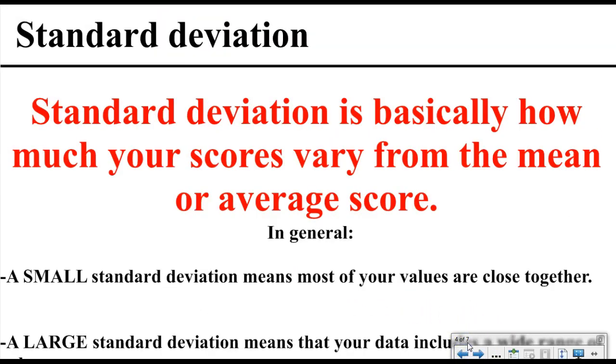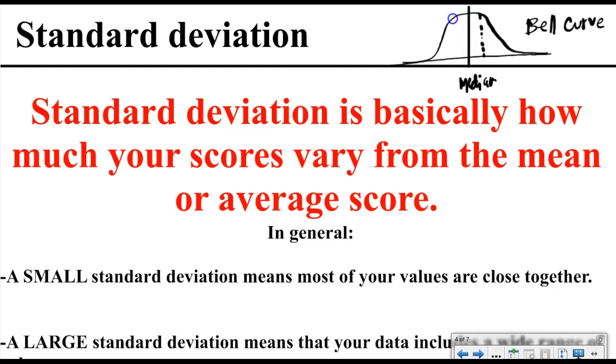So before I go on to the formula, you may have seen before something called a bell curve. Okay, if you haven't seen it before, you might want to look it up. But a standard bell curve has a couple of key pieces of information. This first line right here, this is your median of your data. And based on the standard deviations and what that looks like,